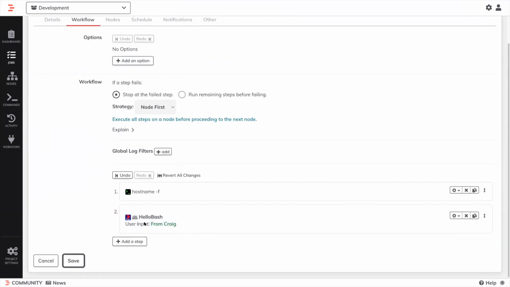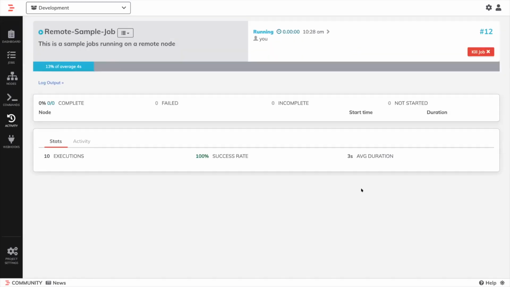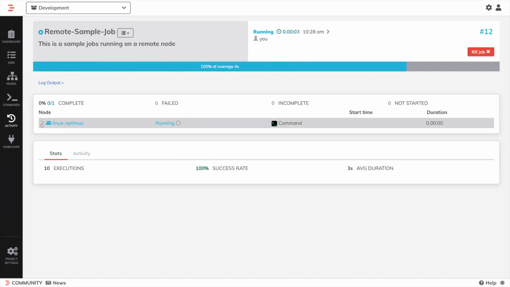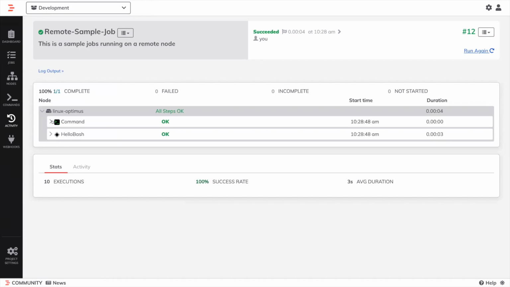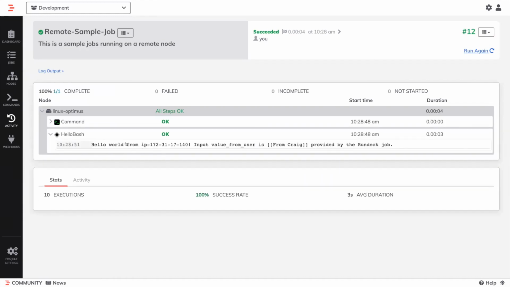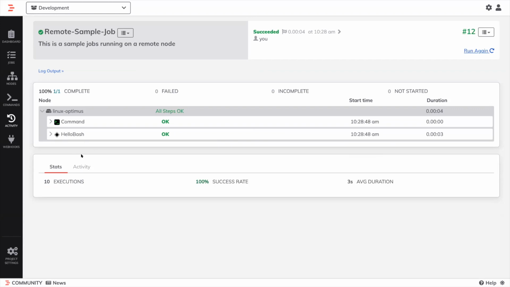So if I now save my new configuration of my plugin and run my job this time, you can see it's dispatched to my lone Linux node here. I had my original command, and now I have my new Hello World plugin running the hostname command on the new system, as well as taking input from my user. If there were other pieces I wanted to use to drive my script, whether it was Bash or Python, I can have user inputs to drive that, and I get custom output. If I wanted this custom output in any format, maybe my own JSON format or my own logging format, I now have complete control over my plugin. I can continue to take this further